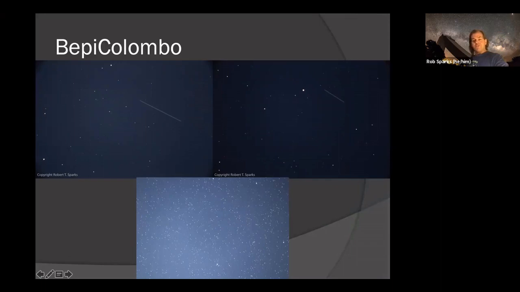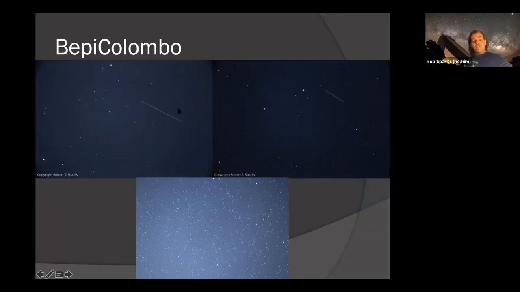I slewed my telescope to where it was predicted to be. At the predicted time, I hit the shutter for a 20-second exposure. That's a 1 degree field of view. So in 20 seconds, it's moving a third of a degree roughly. So it's moving about a degree per minute, fairly quickly. And there was a nearly full moon out that night too. So the picture on the right has a nearly full moon. There are 2 interesting things about the pictures on the right and left.